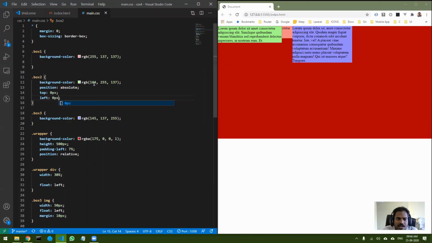Now the advantage of using absolute is whenever you want to do overlapping areas. So you want to overlap one image on top of another image and rotate it slightly, or you want to have multiple divs stacked on top of each other. Like when you do sliders, you must have seen in many websites. In fact, in our website also,